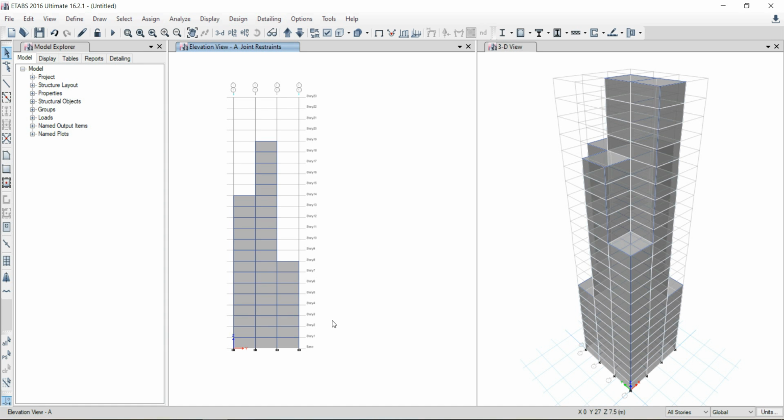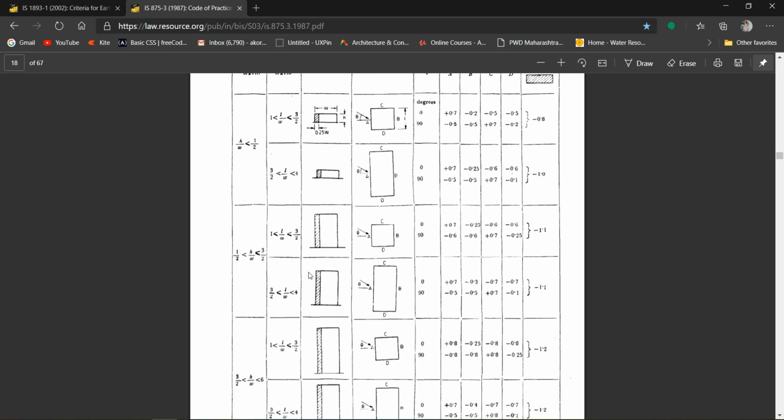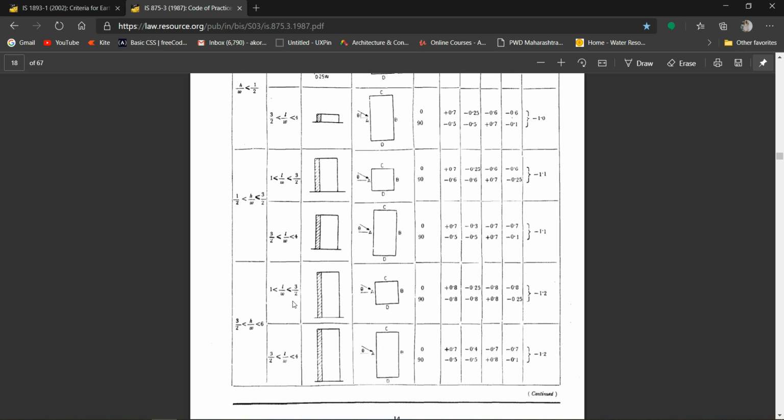So the height by width ratio comes to 3.83, which comes from 1 less than, that is L by W, less than 3 by 2. So our wind coefficients will be plus 0.8, minus 0.25, minus 0.8, and again minus 0.8. So we have to note it down.